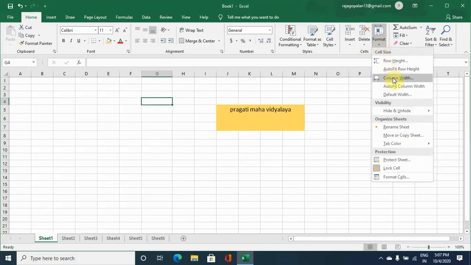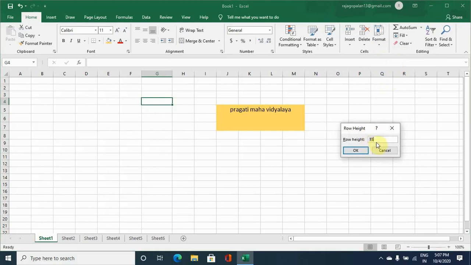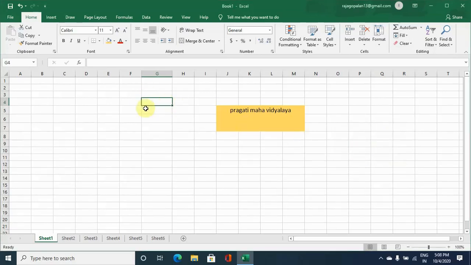Now here we have column width, say you have row height, then if you go for row height, presently what is appearing here is 15, make it 17 and go for OK. Now the size changes here. So this is the option that you have for making changes in width and height of a row and column, or a given cell. Or else, like say, we will first undo it.